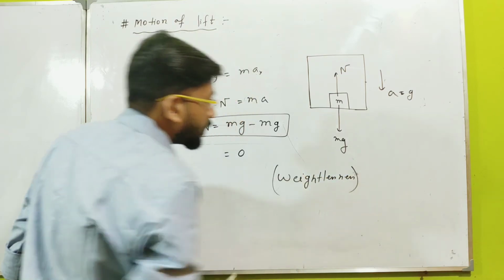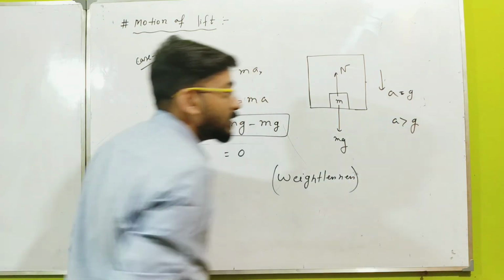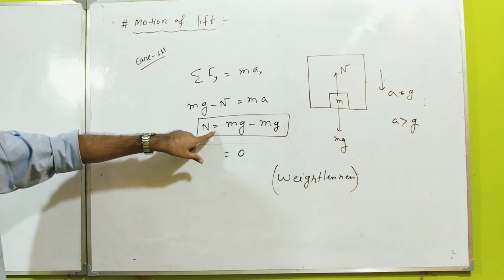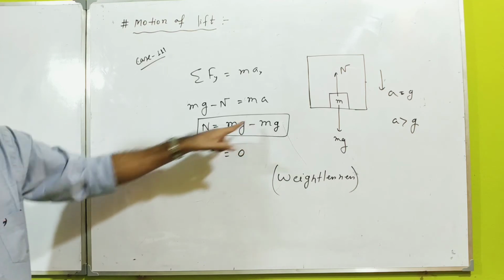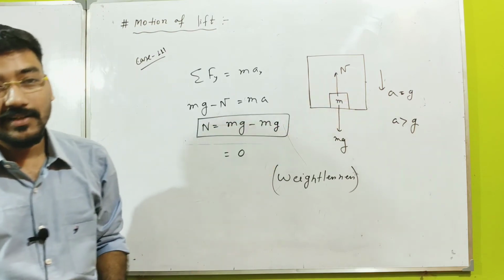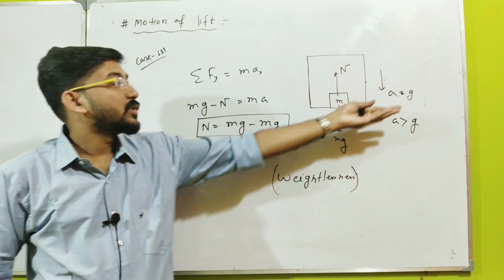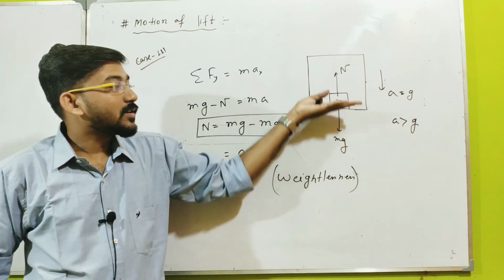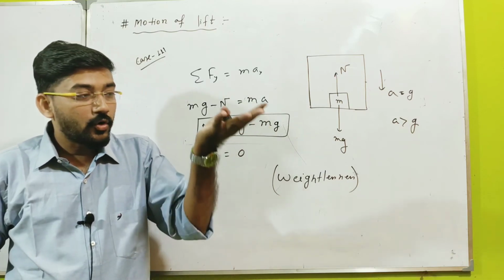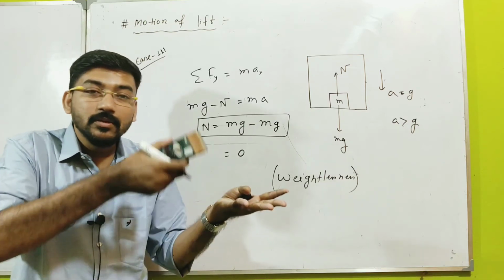Now what will happen if the acceleration is greater than g? If a is greater than g, then N will be negative. That means the acceleration of the lift is more than the acceleration of the object. When the object is in the air within the lift, the contact is lost when a is equal to g. When contact is lost, the object is in the air within the lift. So the object is moving with gravitational acceleration g, but the lift is now moving with more acceleration.